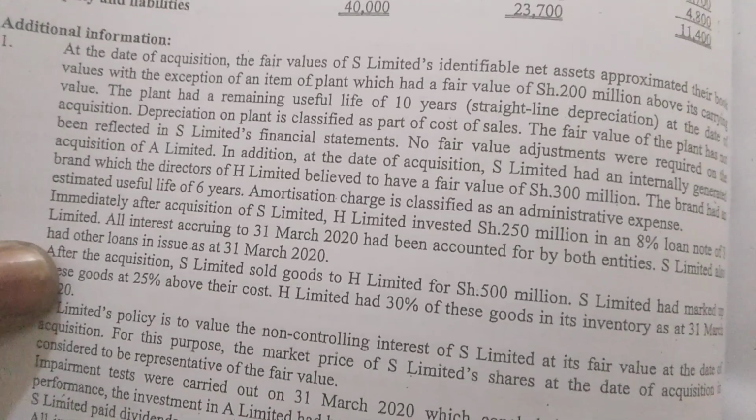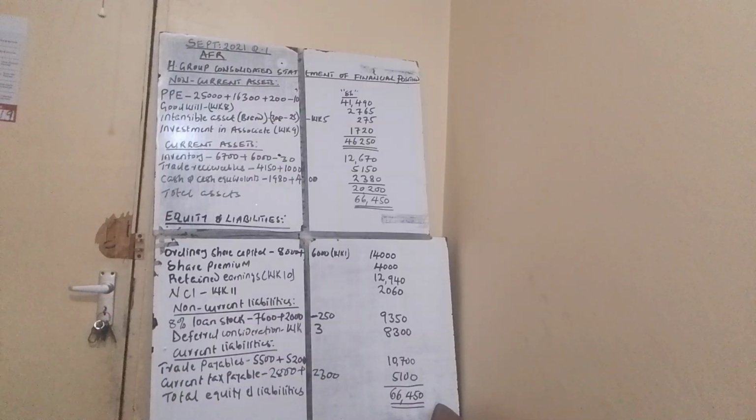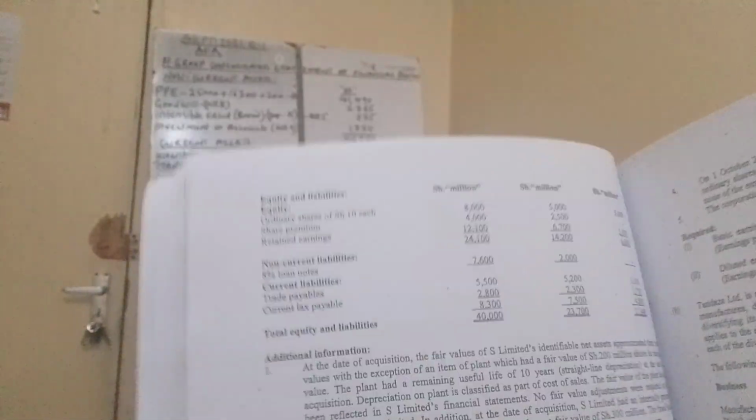You are given additional information. Now let's see what is in the additional information. Now we can start. Additional information. Number one,